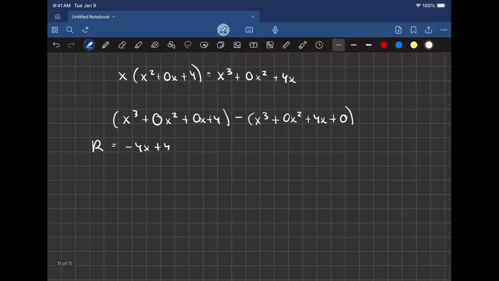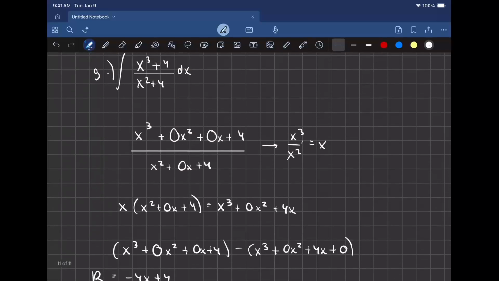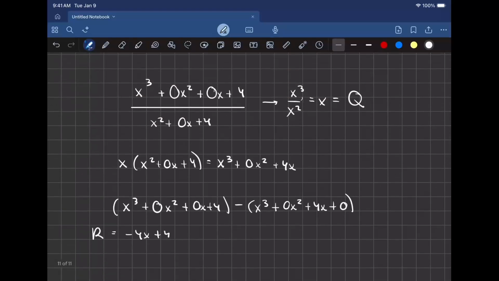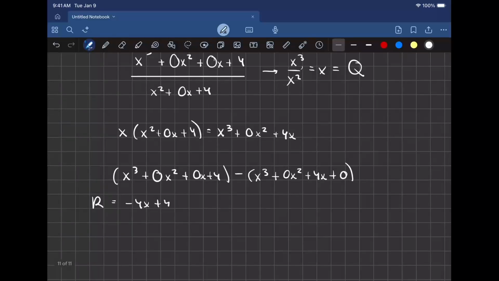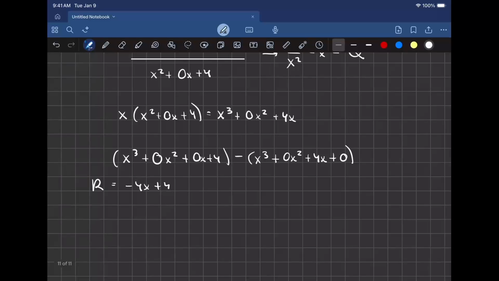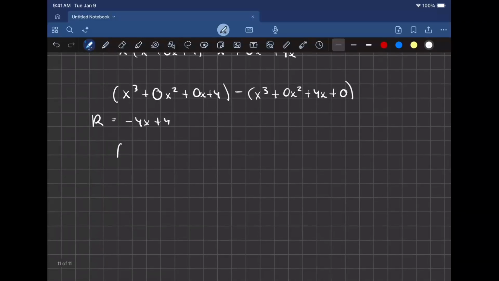So how do we put everything back together? Our quotient, which we can call Q, is the ratio of our highest term of the dividend to the divisor. So we'll take x times x squared plus 4 plus minus 4x plus 4, and we'd get back what we had originally. So what I want to do now is just set up our integral. So we'll have the integral of just x dx